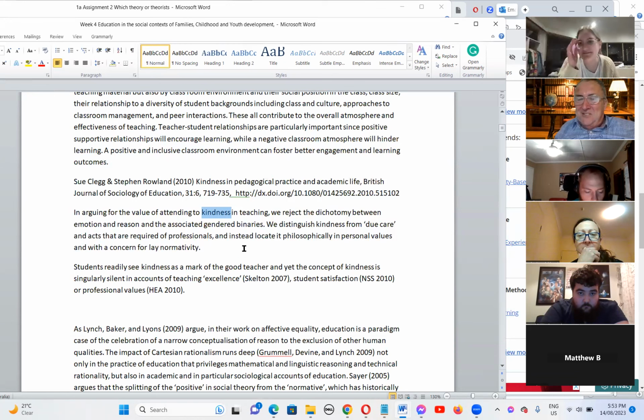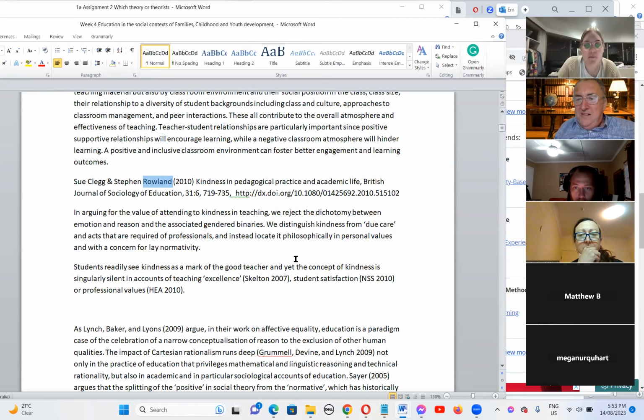And I thought that was interesting, because Clegg and Rowland say that it may be the very strict organised teacher who is actually valued by the school more. But when you ask the children which teacher they value most, many will say kindness is the priority, the one who listens to me, who cares for me.